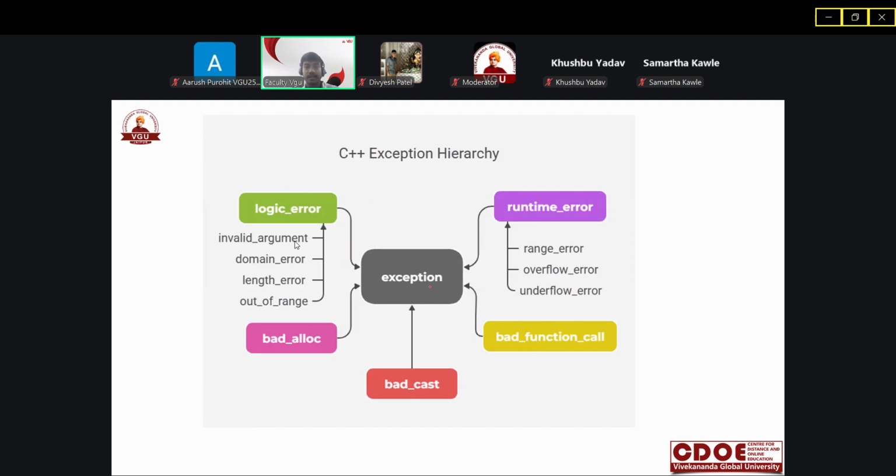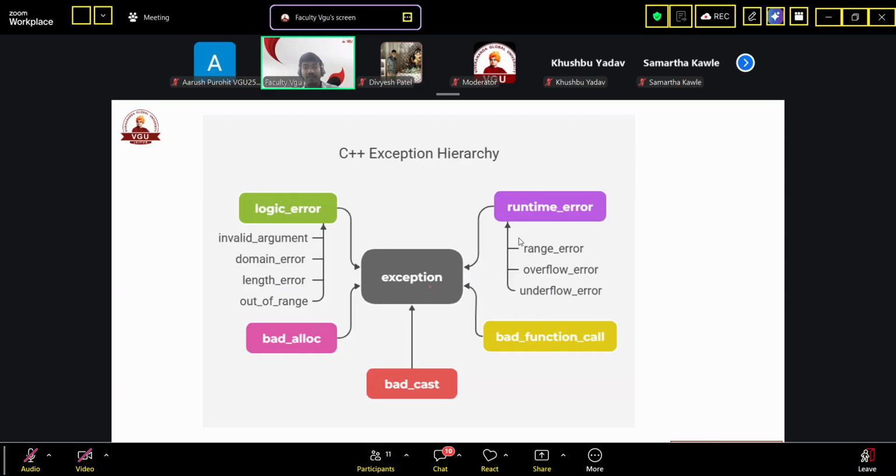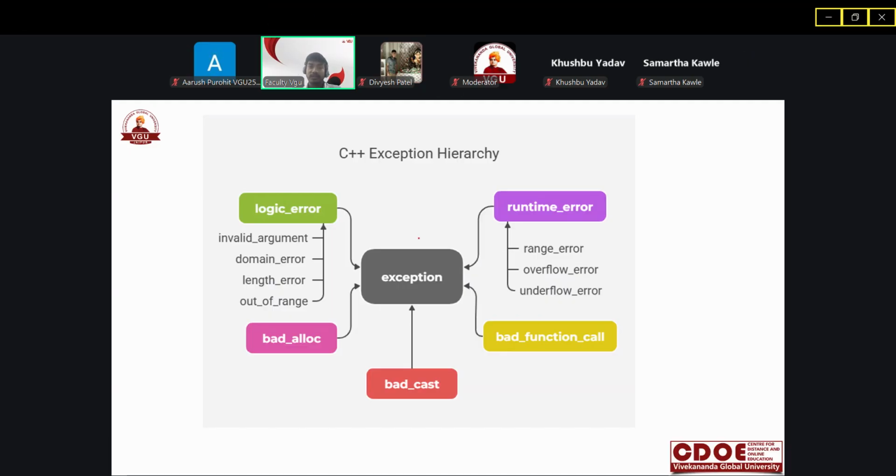Here you can see some names of errors: logical error, bad allocation, bad casting, runtime error, bad function calls. Whatever error occurs at runtime is further divided into categories. What kind of error is it: a logical error, a runtime error, bad allocation, a bad function call, or bad typecasting?